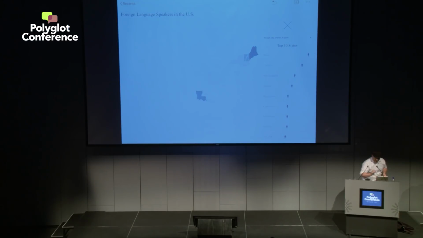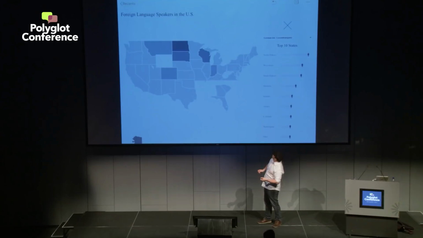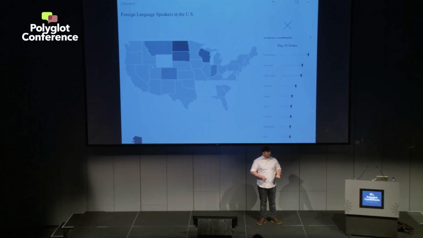But things got a little interesting when I switched it up again and went for German. What on earth is North Dakota doing there? I looked into this. I was super confused when that happened. And I found that not only is it very dark as it is here, apparently 1.4% of the population speak German. Turns out it's the most spoken second language. It's the only state in the US that has a second language mostly spoken that isn't Spanish.